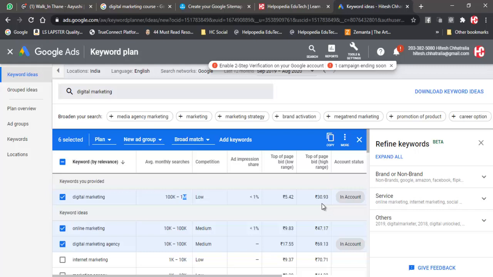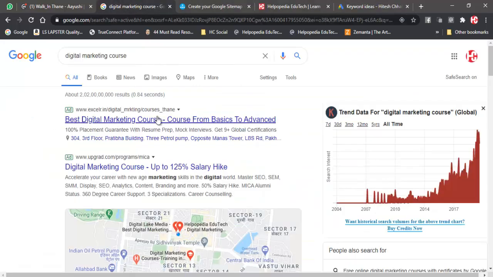That is the reason it will ask you to allow your location. So I'm saying that when I search for digital marketing over here, I will get different results, and when you search from your area, you will get different results. So whenever we use these ads, we have to provide the location also.